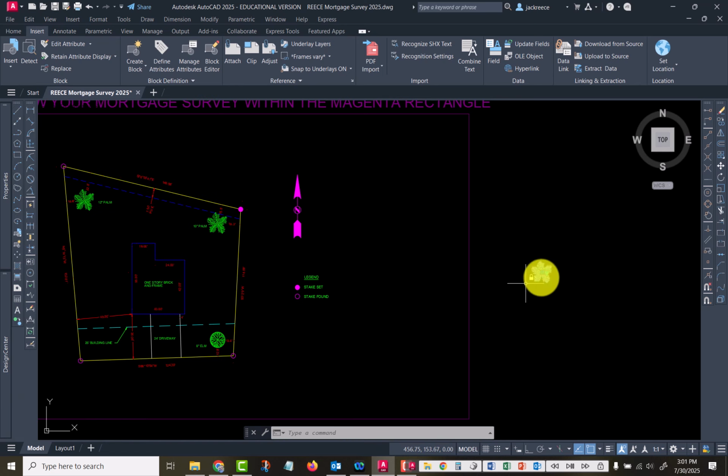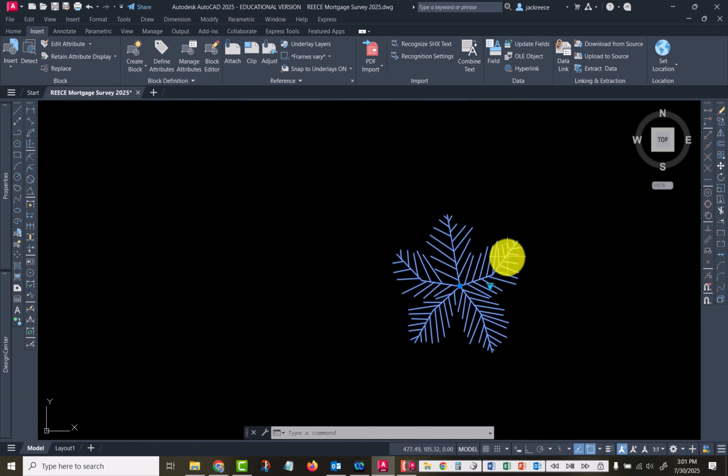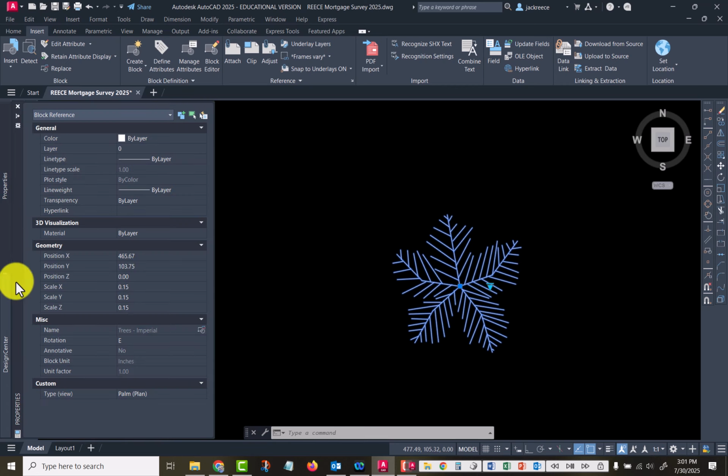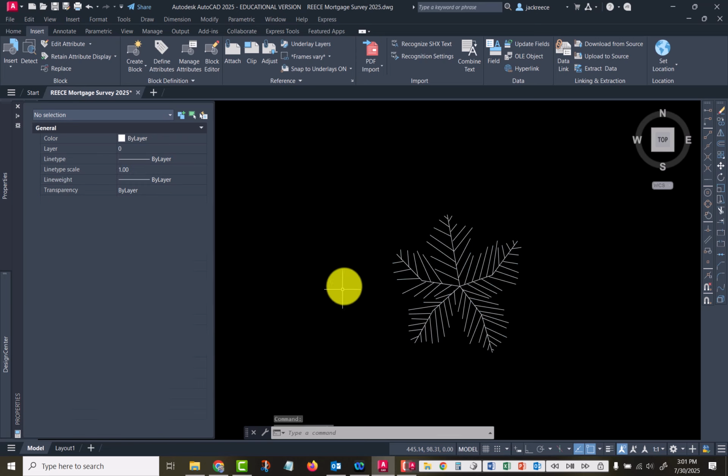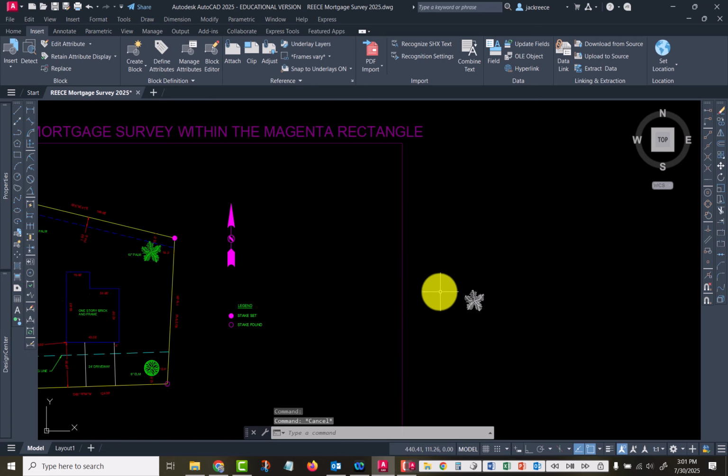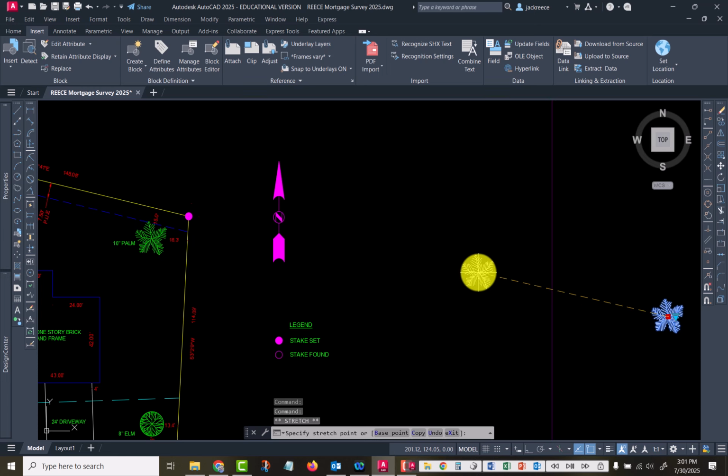Okay, and that will scale it down. Now this one is the palm tree, and since it's a dynamic block, if you come down here in custom, you can have a plan view, an elevation view, a shrub, or multiple types of trees. Okay, because it's a dynamic block. And there wasn't a palm tree in the regular design center. Okay, and so that scaled it down to about the right size. So you can place that,